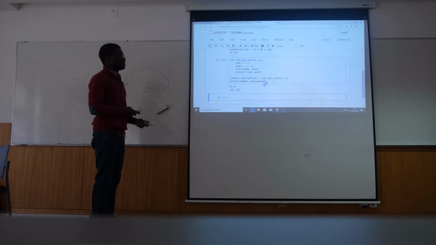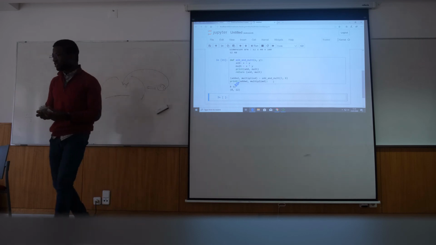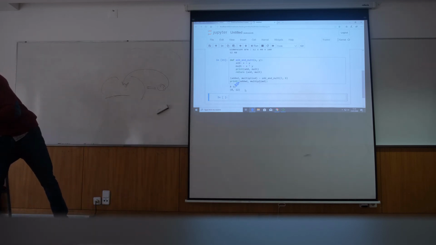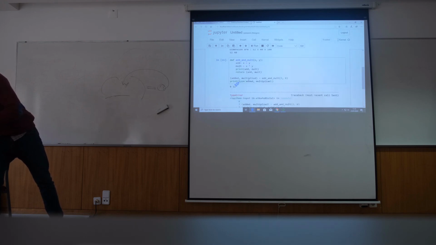Then I just printed it again. If you want to check if it's truly a tuple, I would just print the type. If I put type at the back here, it will tell me it's a tuple. If I put type here... error. Oh, I would have to